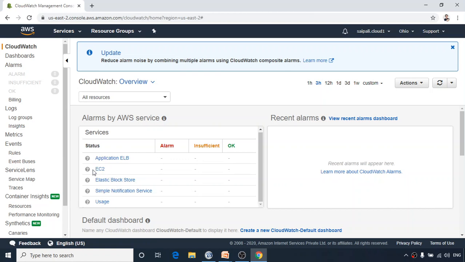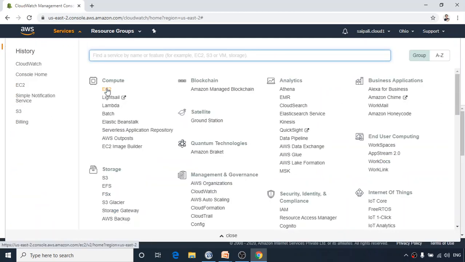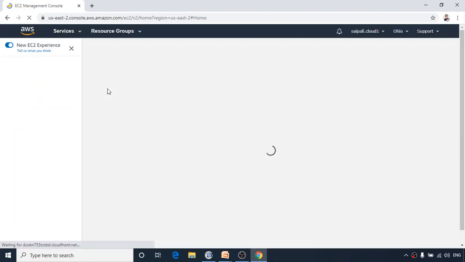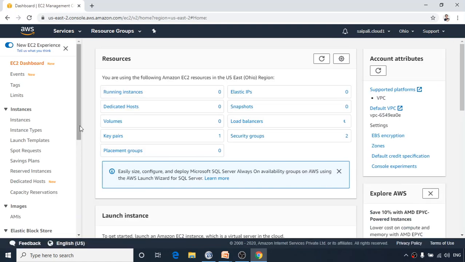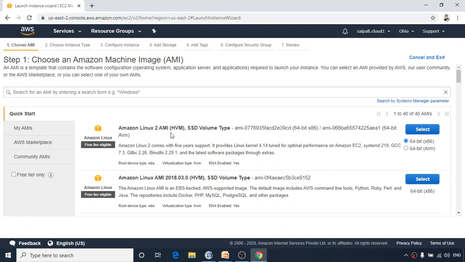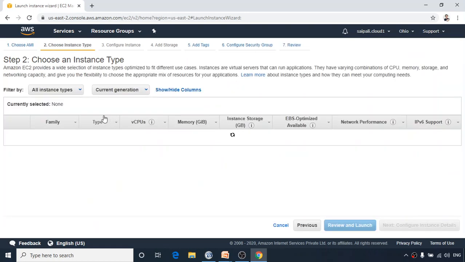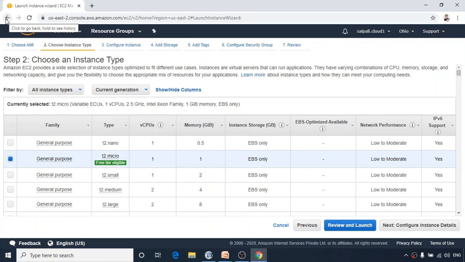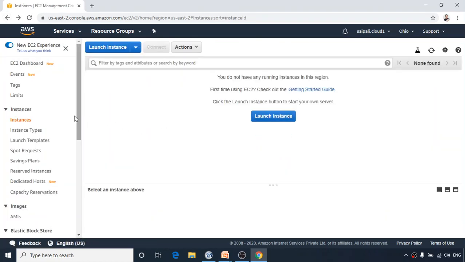So maybe today I want to set an alarm on the basis of EC2. So let me first go back, and I have to have an EC2 instance running with me. So let me create an EC2 instance first, which you all are now very good at. I will take a very small amount of time to create this EC2 instance. So simply let's go to launch the EC2 instance. Maybe I use a Linux instance, or maybe let us use a Windows instance.